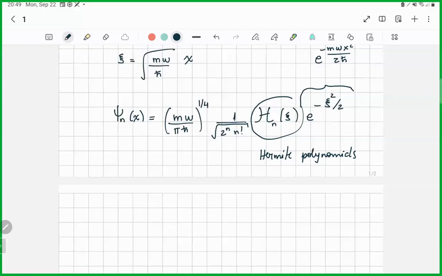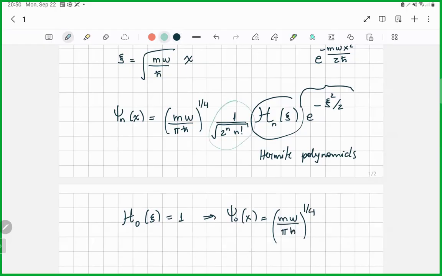Because for the ground state, the Hermite polynomial is just one. So then we recover what we already knew, the solution for the harmonic oscillator ground state is that normalizing factor. This thing here is just one. The Hermite polynomial is just one. And then we have